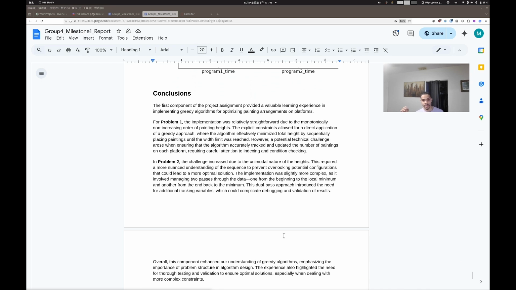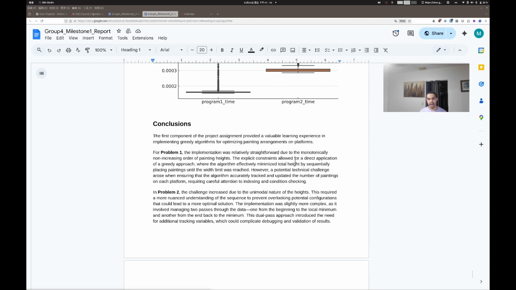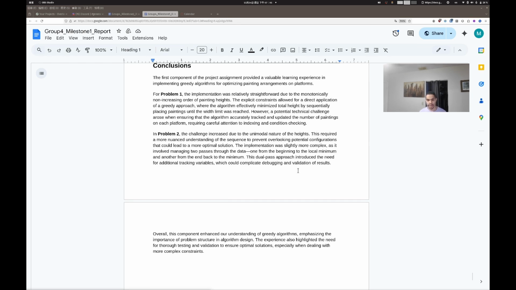In conclusion, implementing program 1 was pretty straightforward since it was just a monotonically non-increasing order of painting heights. So program 1 used simpler logic, and that could explain why it took less time. Program 2, because it had a unimodal nature of the heights, required a little bit more logic, and that logic also resulted in longer processing times. Overall, the components also increased the understanding of greedy algorithms and emphasized the importance of structure in